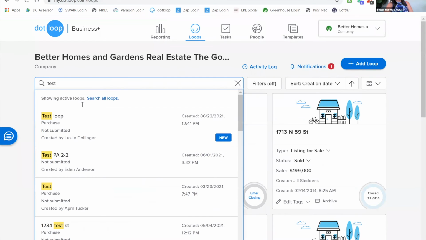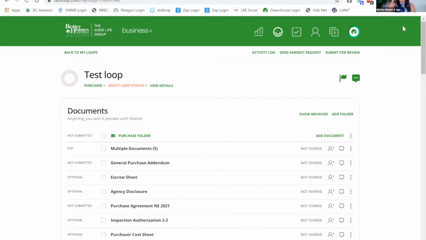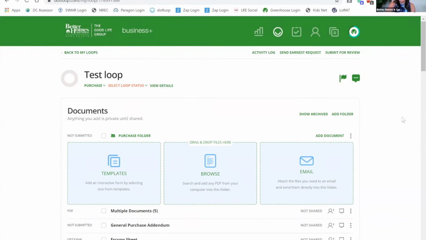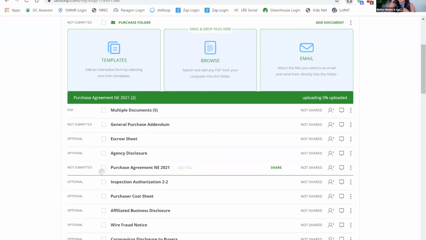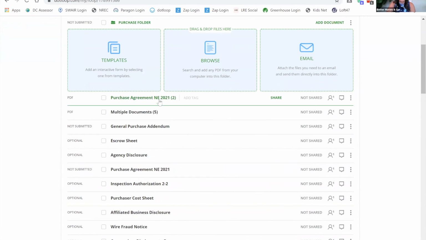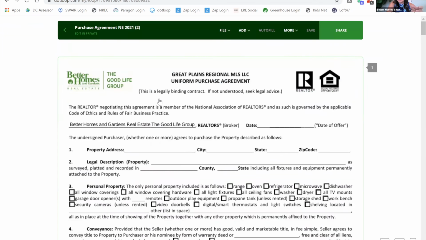I kind of tested it out here. This would be for the listing end, when you get that purchase agreement and you're downloading it, putting it into DotLoop, and then adding all of those initials and your counter and all of those things. You could create another template that's specifically for that piece of it, or even for sellers or disclosures. But it could be slightly different, right? So let's say this is from Berkshire. What you could do is